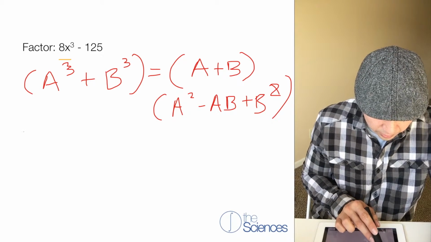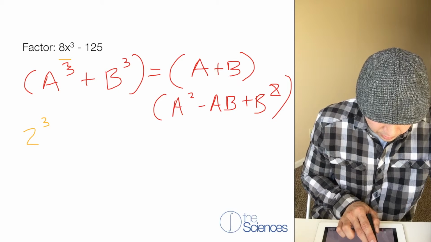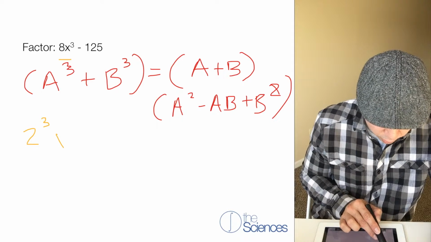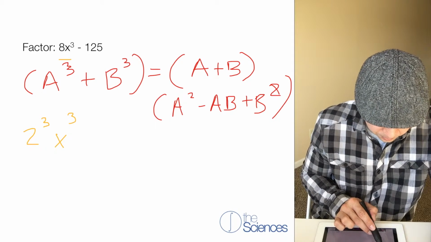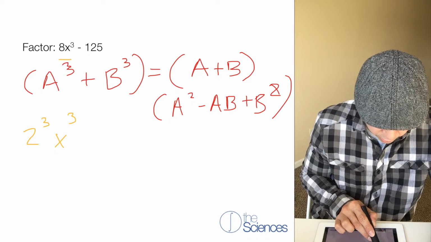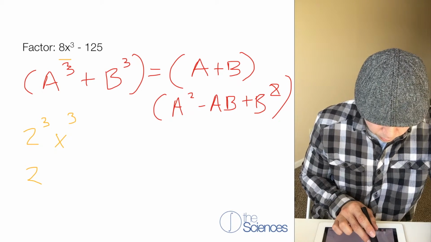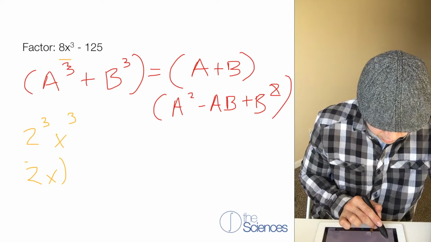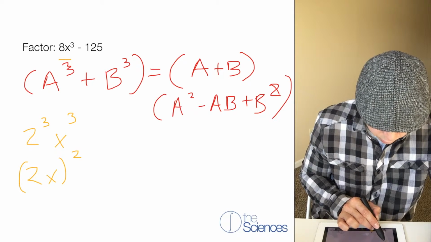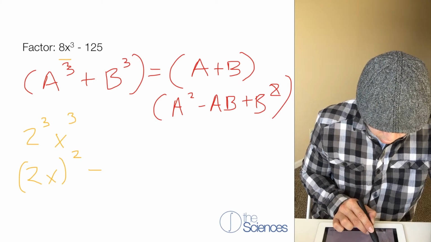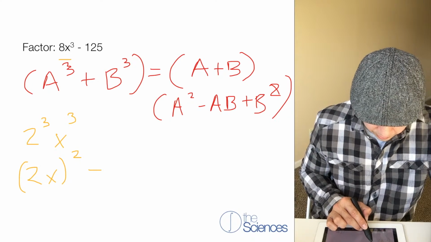So now we can rewrite this as 2 cubed equals 8, and then x cubed equals x cubed. So now we can rewrite this as 2x cubed minus